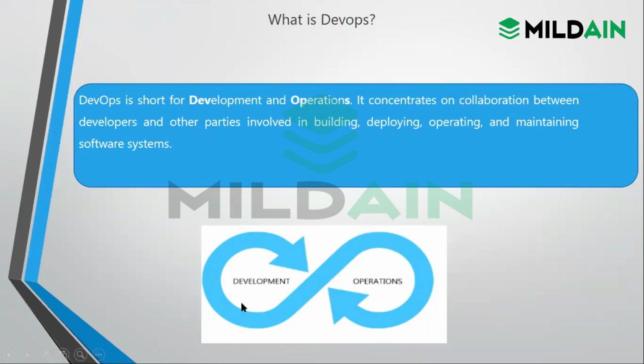It is not like in the traditional form, where we have seen that development is done first, only developers and business analysts are there, the tester comes later on, and then it goes to operations. But now, in DevOps practice, we create a complete process, and then we execute it. So all the teams are involved.